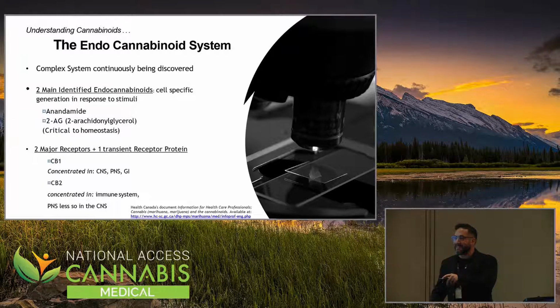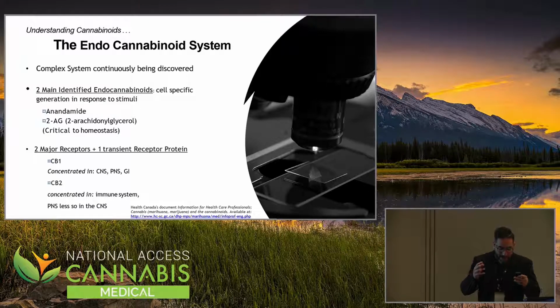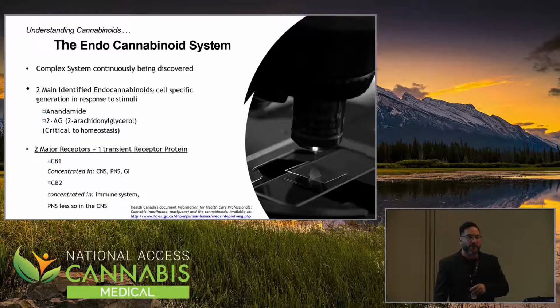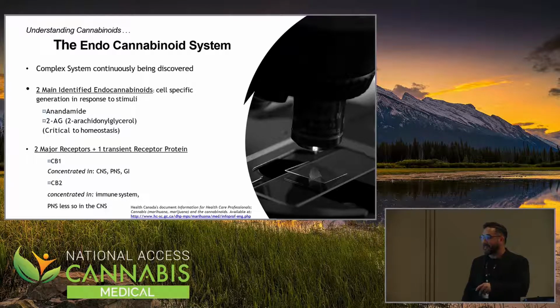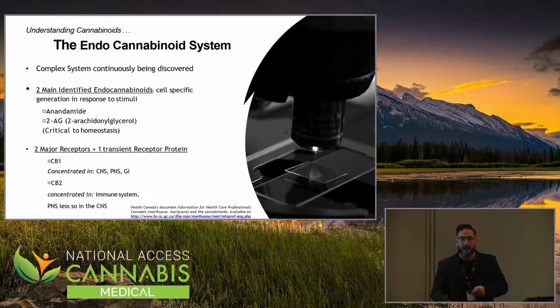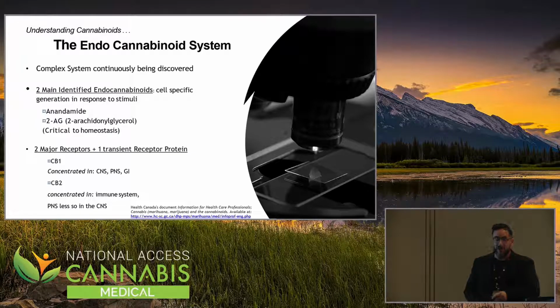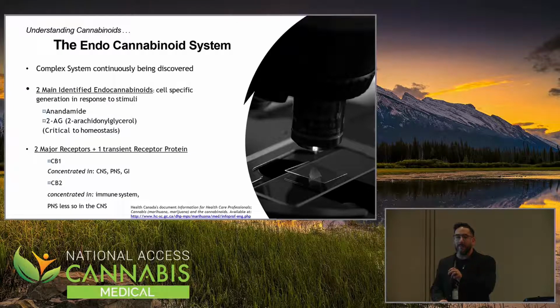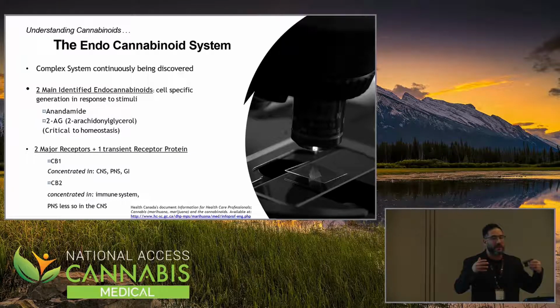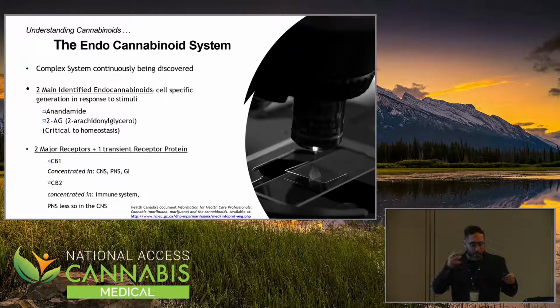The first one is the CB1 receptor. That's located mainly in the CNS, the peripheral nervous system, and also in your gut. Then we also have the CB2 receptor, and that's concentrated mostly in the immune system, less so in the peripheral nervous system, but there as well as in the central nervous system. Now, when we talk about the action that happens on CB1, whenever we talk about feeling high, whenever we talk about the side effects, the significant negative side